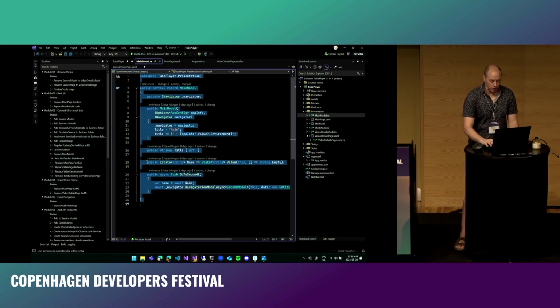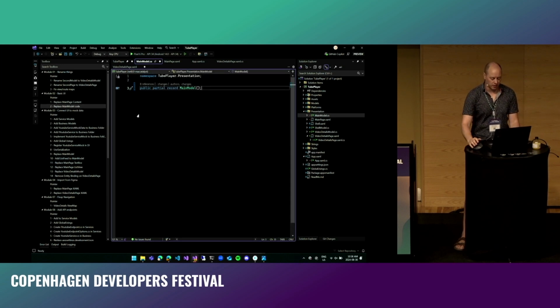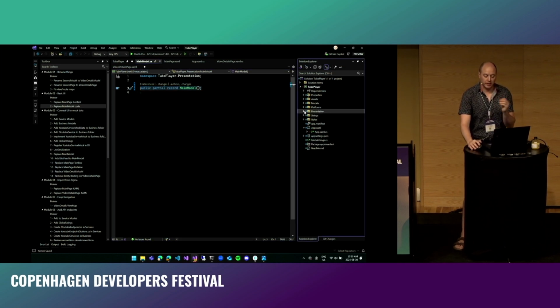So I'm going to get rid of all this now. And we will replace it with basically nothing at this point, since we have no data at this point. So this is just going to be basically an empty record of main model, and there's nothing on it at this point. So the last thing we're going to do to hook up is going to be creating some mock data that we can get this